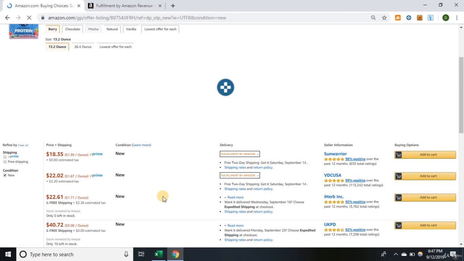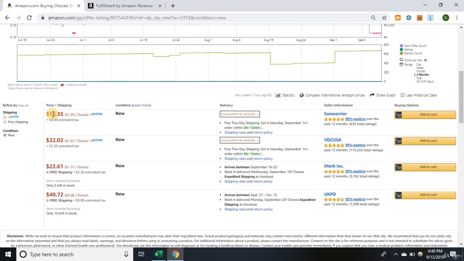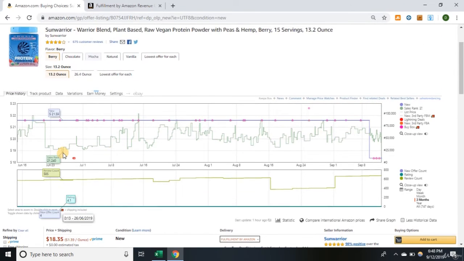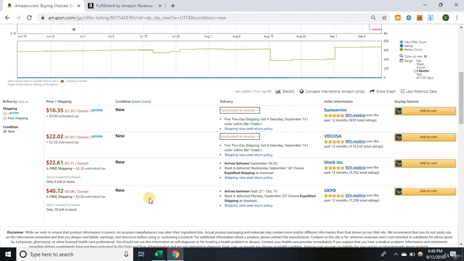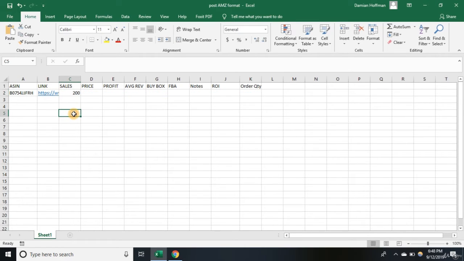Okay, so there is actually only one other seller in the buy box, which is actually the manufacturer itself. So this is not a good product to buy, but we will use this as an example. So say there's only one other seller and you, so there would be 2 total sellers competing for the buy box. So you would divide that 400 by 2, so you could expect to get 200 sales a month per